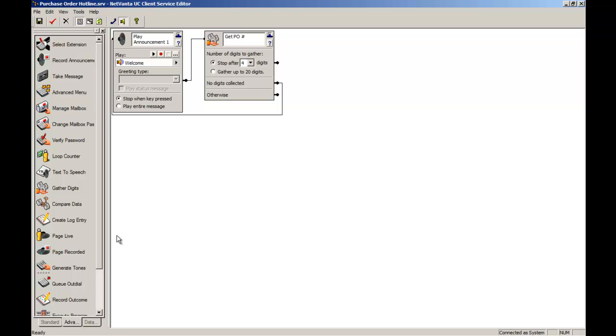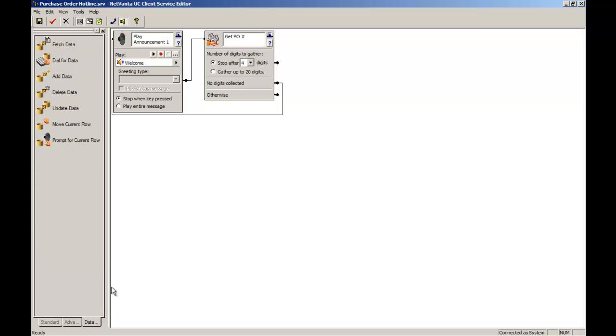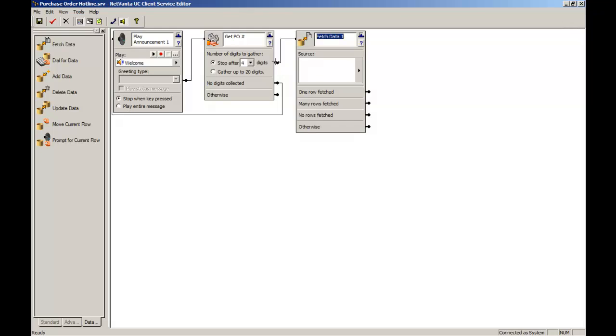Now we need to go into our corporate database and find a record that matches that purchase order number we've collected. The database element set here allows us to interact with virtually any ODBC compliant database. Whether it's Oracle, Access, SQL, Excel, text-based files, these are all ODBC compliant, and therefore we can access that information, either retrieving information, adding, deleting, or updating information in that database. In this case, we want to fetch something based on the digits we've collected from the caller. I'm going to call this element get purchase order,